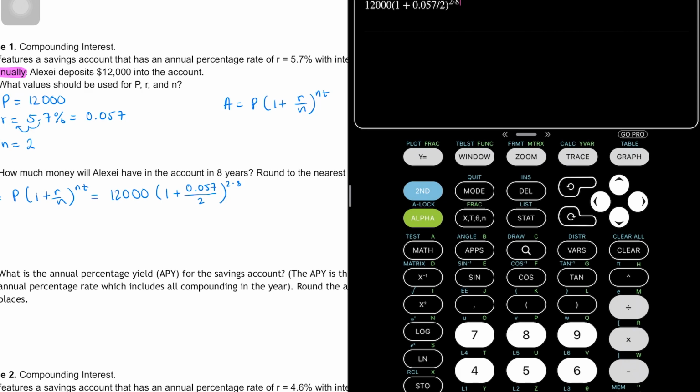Some calculators won't allow you to do that, so you may want to just type in 16 and then enter, and that's giving us